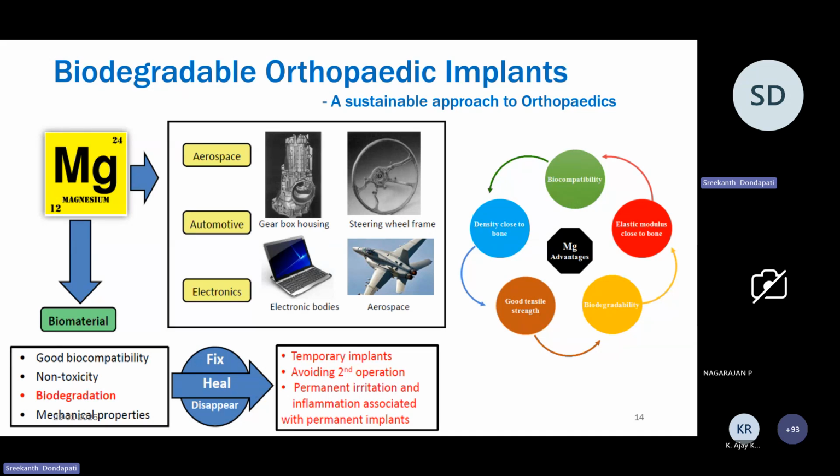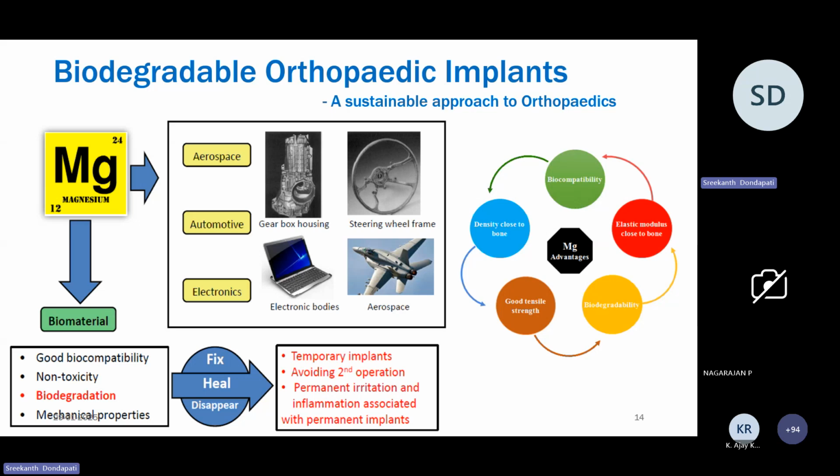And during this, after these 3 months, there is no use of these temporary implant materials, and it can be removed actually. But most of the patients, just to avoid the revision of surgery or secondary surgery, will just keep it in the body. Because of that, what happens is in the long term, anytime any infection can happen, especially when a patient